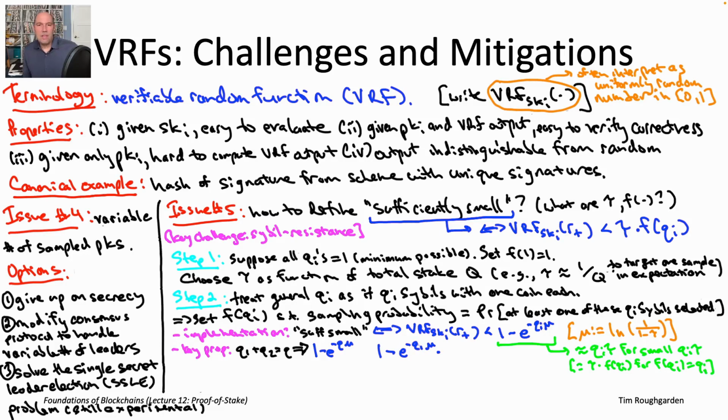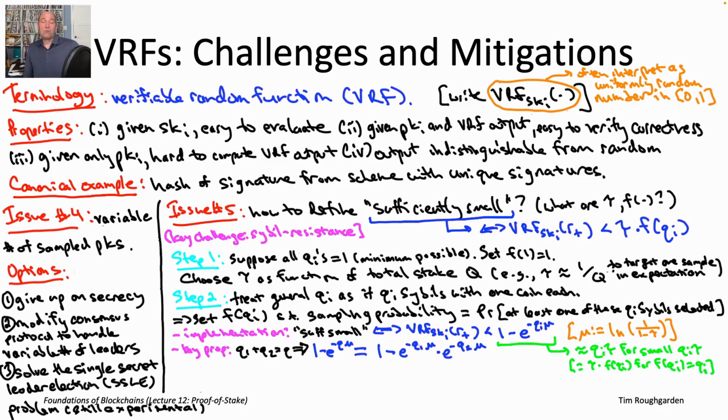And of course, same thing for the second Sybil. Probability that it is sampled, 1 minus e to the minus q2 times mu. The probability that it's not sampled, just e to the minus q2 times mu. So the probability that neither is sampled is just the product of those two probabilities. Again, e to the minus q1 times mu times e to the minus q2 times mu. Okay, so of course those two exponents on the right-hand side add, and so because q1 plus q2 is equal to q, actually these two expressions are exactly the same thing.